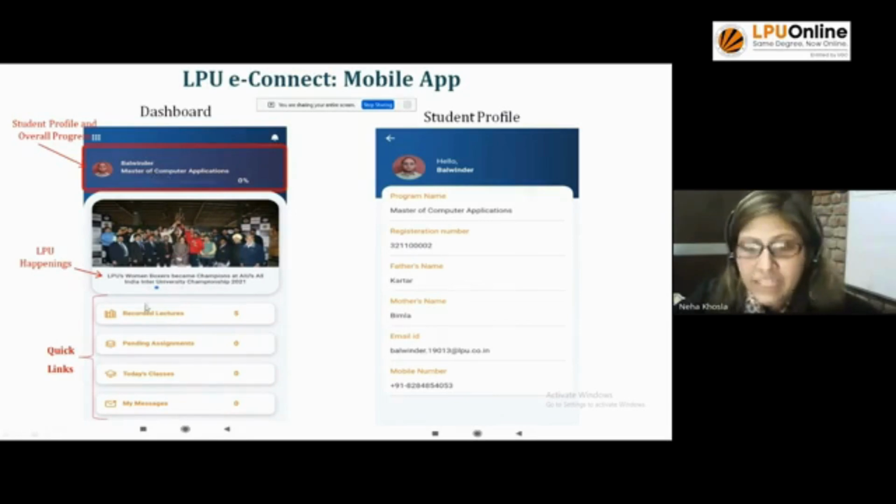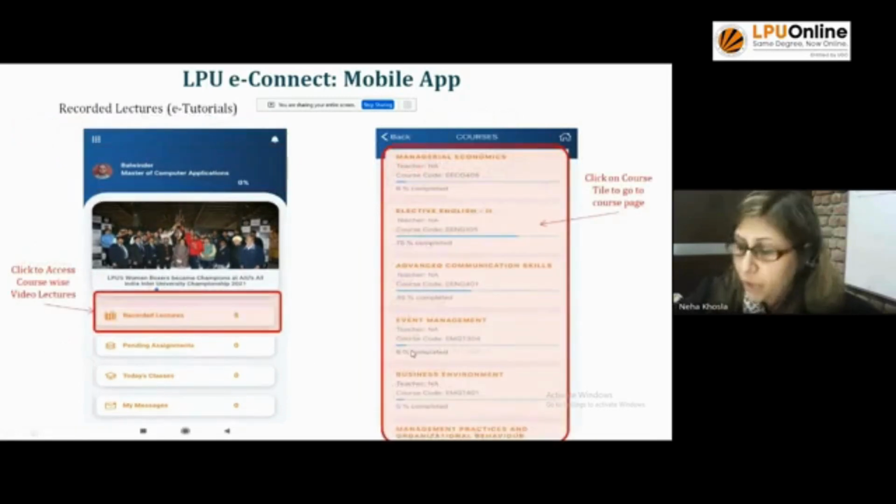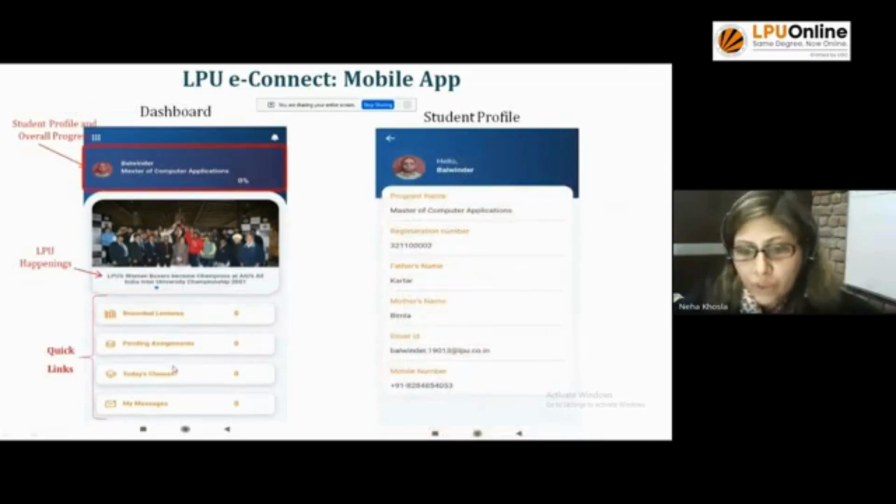और ये की फीचर्स हैं जो यहाँ पे हाईलाइट किए हुए हैं, इसके क्विक लिंक्स रहेंगे, योर रिकॉर्डेड लेक्चर्स, पेंडिंग असाइनमेंट्स, टुडेज क्लासेस, माय मैसेजेस। जो भी आपके इंपॉर्टेंट चीजें हैं वो ऊपर ही टॉप पे हाईलाइटेड हैं, इसके क्विक लिंक्स हैं। आपका प्रोफाइल, सी एक चीज है कि जो मोबाइल ऐप पे फीचर्स हैं,